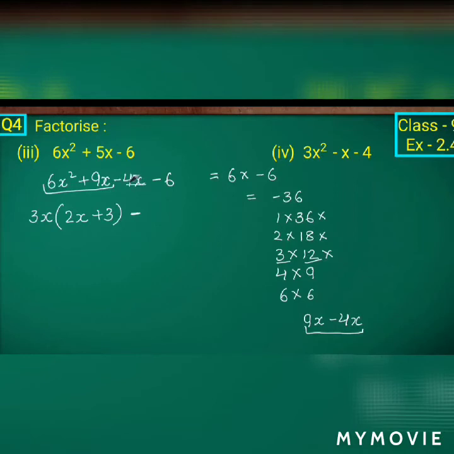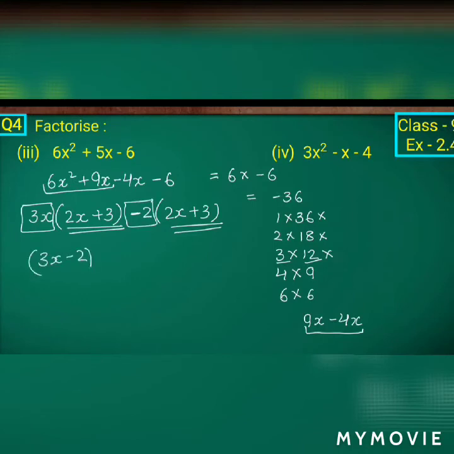So I'll just take minus 2 common. So to get 2x plus 3, I'll just take minus 2 common here. Minus into minus will give plus. 2 2s are 4, that is 2x. So minus into minus is again giving plus. 2 into 3 is 6, that is we got the term 2x plus 3, that is the factor 2x plus 3 common. What else is the next factor? 3x minus 2. The factors are 3x minus 2 and 2x plus 3, isn't it?